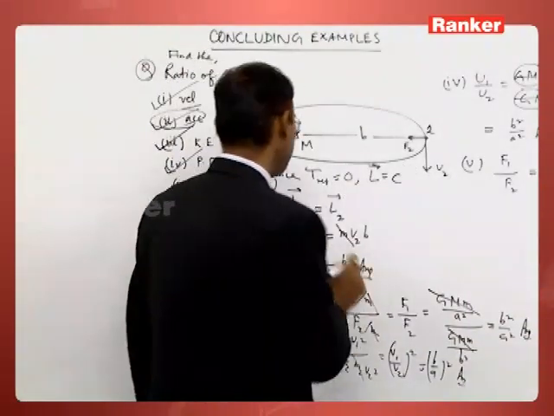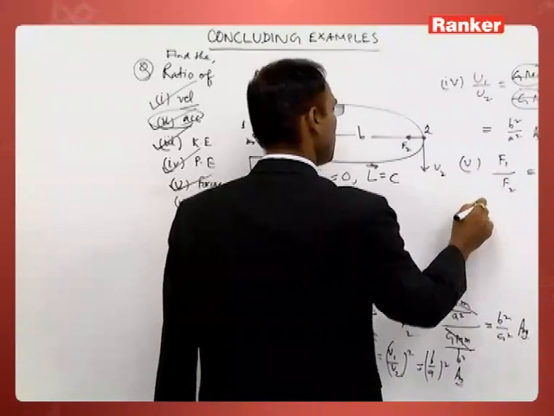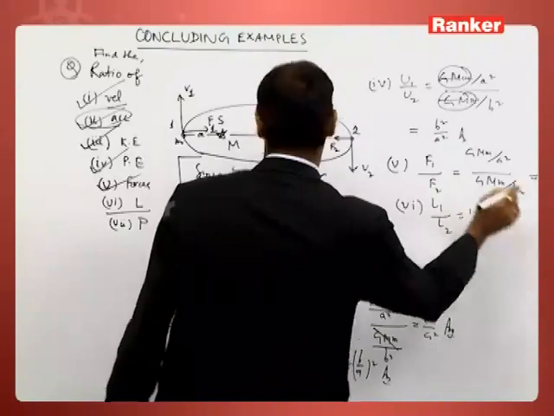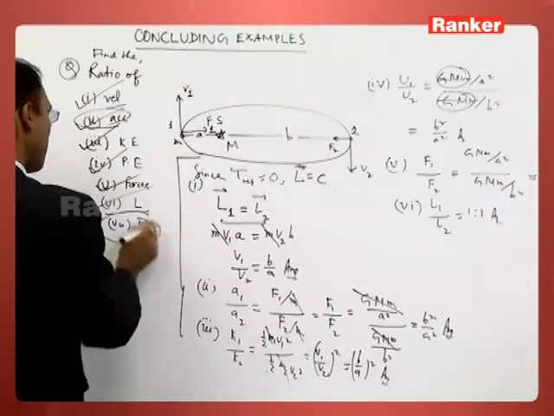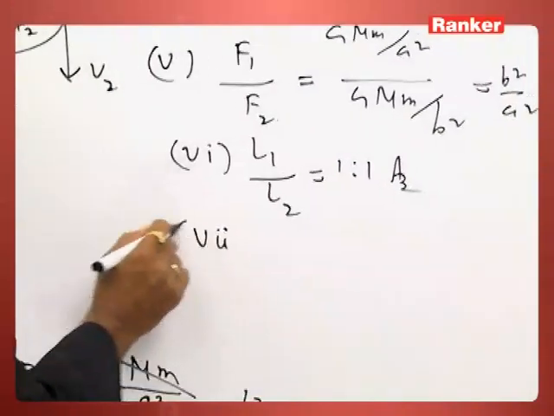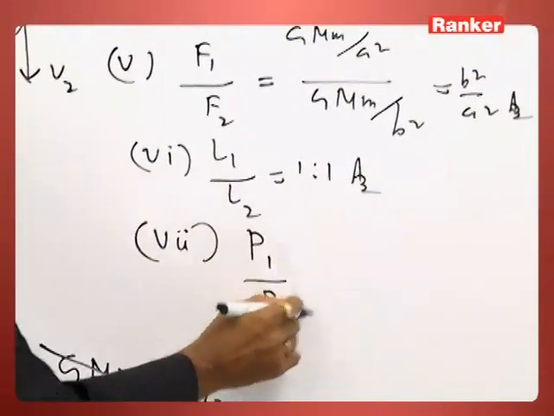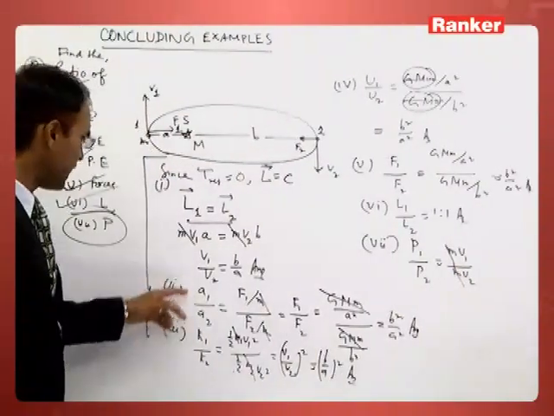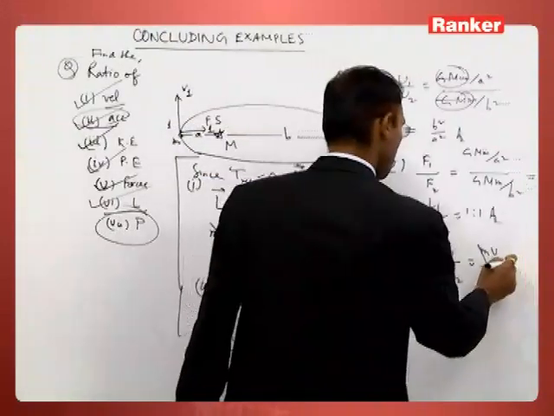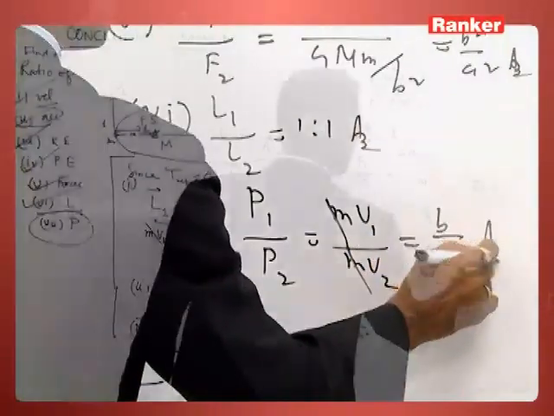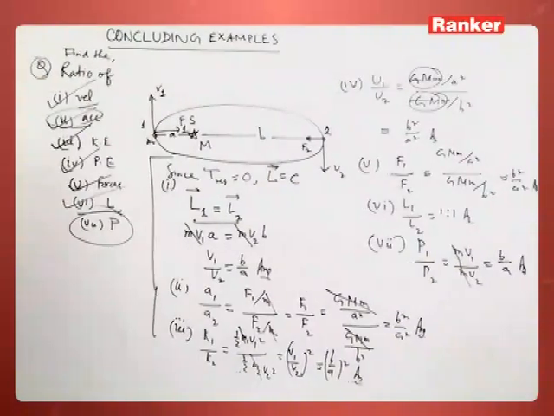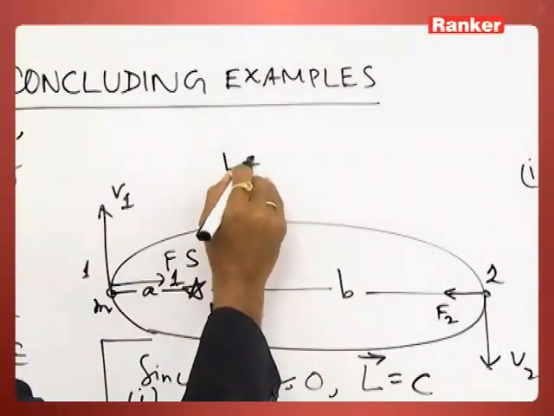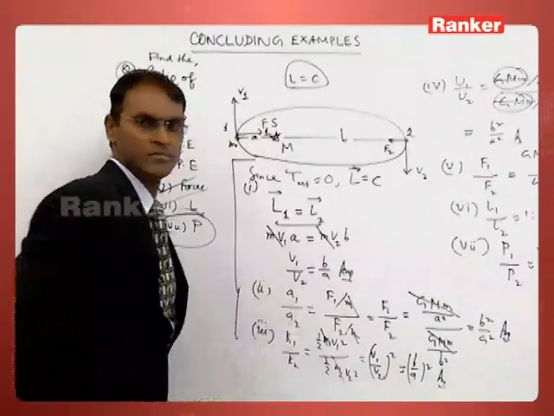Come to the angular momentum. Since angular momentum at 1 and 2 are equal, L1 upon L2 will be equal to 1:1. And linear momentum, P1 upon P2 is equal to m v1 upon m v2. So m getting cancelled and you are getting v1 upon v2, that's equal to b by a as you calculated earlier. The central concept is conservation of angular momentum. For this example,